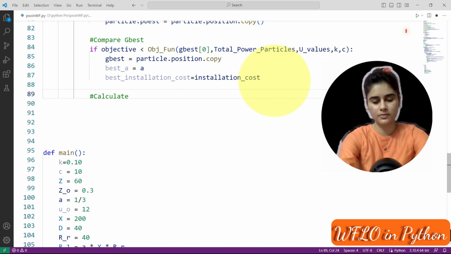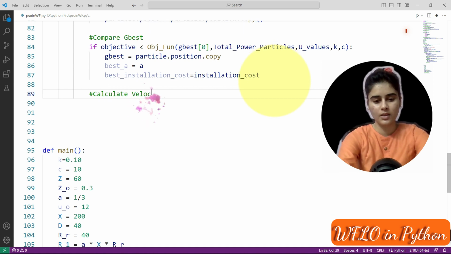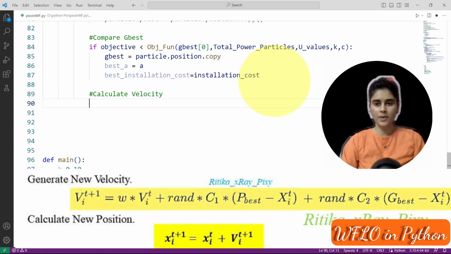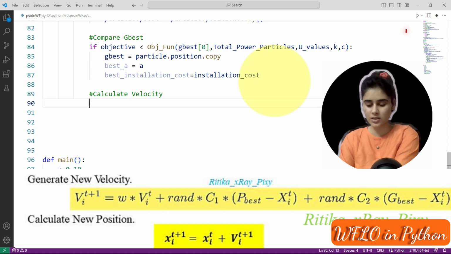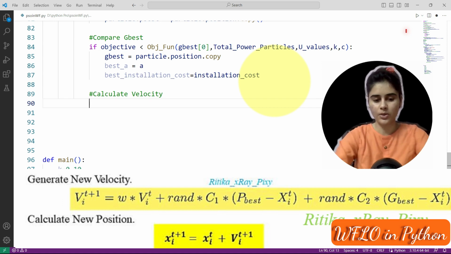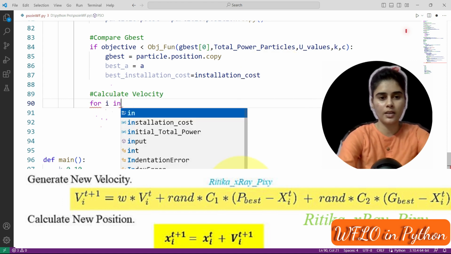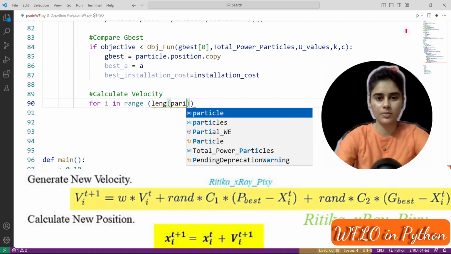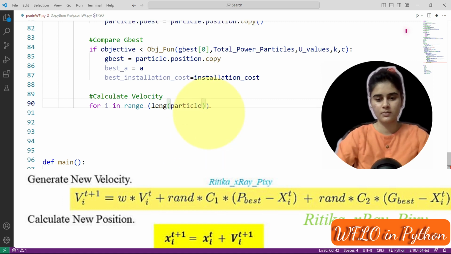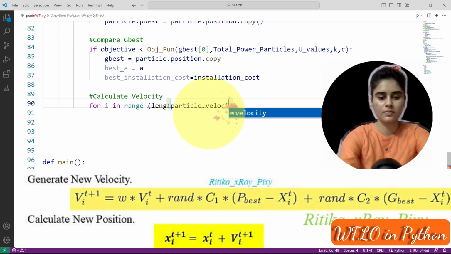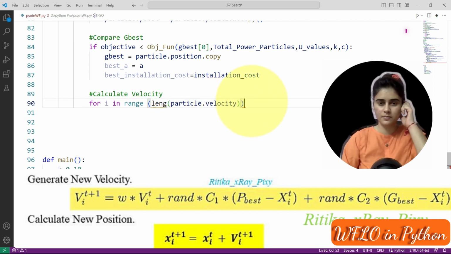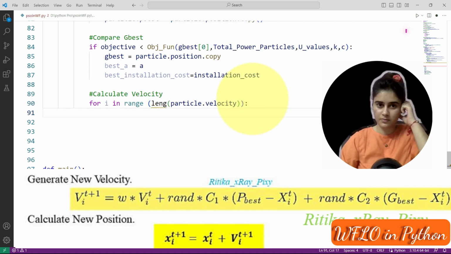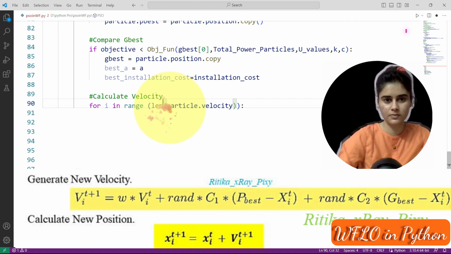Now we will calculate velocity for each particle and then update their position. So here, for i in range up to the length of particle dot velocity, this is the length.